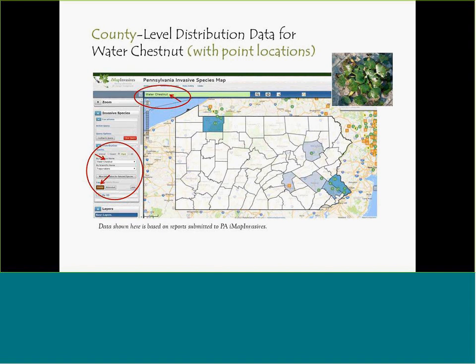So this map is pretty similar, but now we also have the dots. We have the points on the map now indicating where water chestnut has been found specifically. Nice, because we have that distribution in the background. We have those highlighted counties, and now you can see the points on the map. And I mentioned a little bit earlier, but I do want to point out that because New York is our neighbor, we can now see points on the map for where water chestnut has been found in New York,